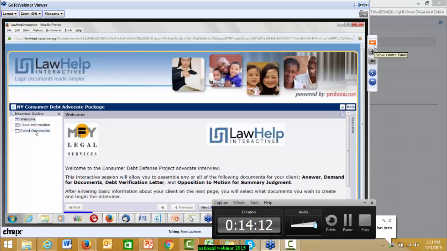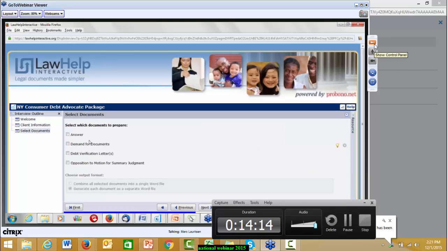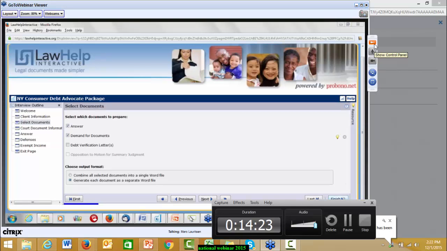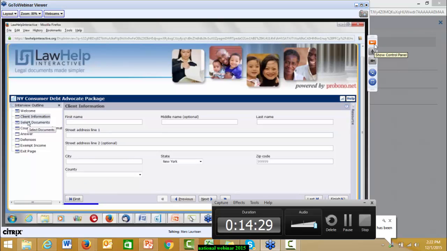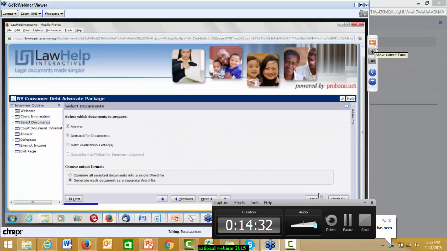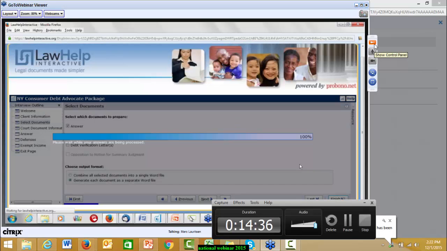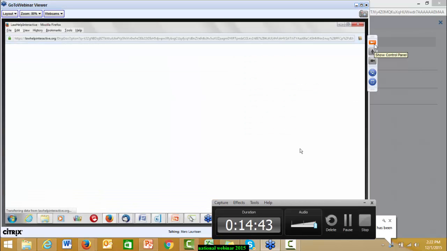I won't answer much here, but in this case, you might want to generate an answer and also a demand letter, just to illustrate two. And I'm not going to answer any other questions. They're not going to matter as far as this demonstration goes. But typically, I would have provided all my data about the client and the case and the proceeding and my defenses, etc. But mechanically, upon finishing an interview for a HotDocs template that's scripted to produce multiple documents, the big difference for those that haven't seen this is that when I get my document,